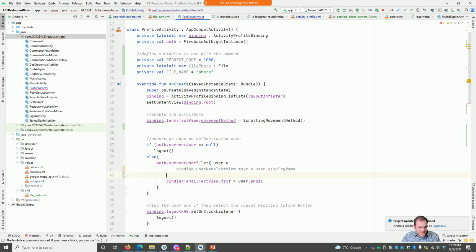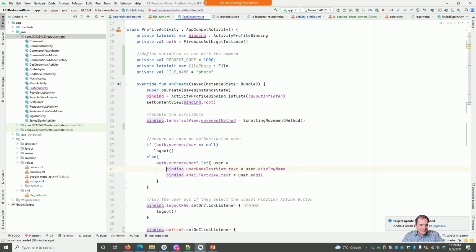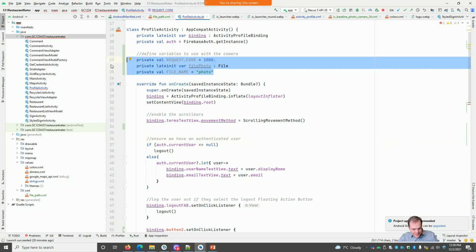I was monkeying around with editing the username last week. That's what that was. Okay, so we've got our variables defined,